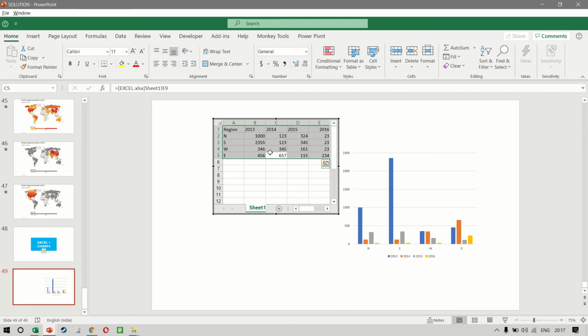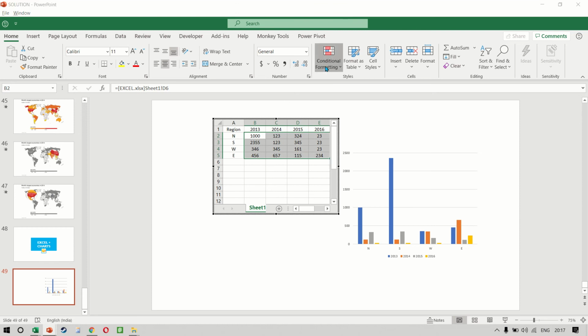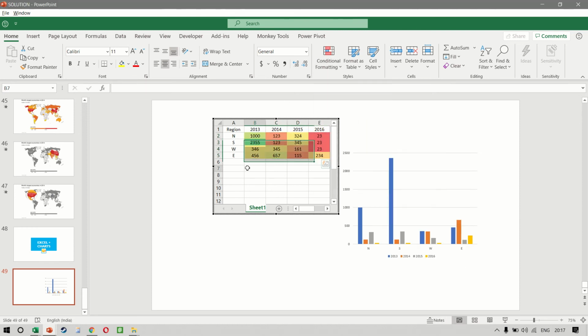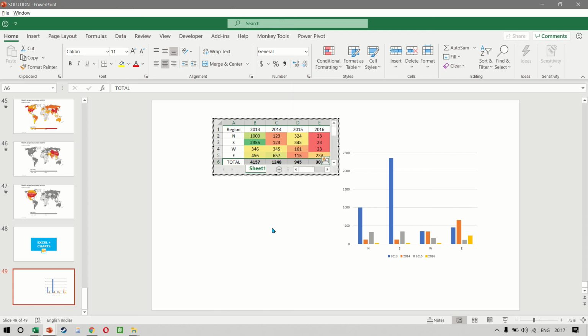Once we have done this, we can make some modifications here. So I'll align everything in the center. We will also select all of the numbers and I'll apply, let's say, a color scale. That looks great. And we can also apply a sum formula so I can see the sum of all these years like this. Let's align this in the center as well. Wonderful. So I can reduce the size of this Excel because we only want to see the data.